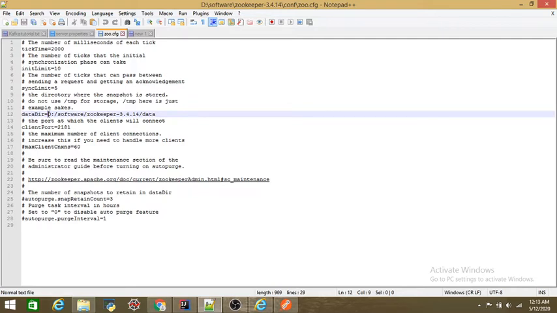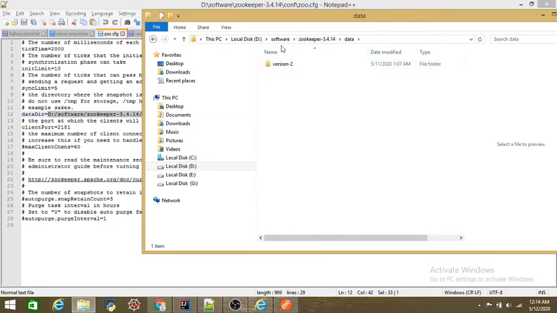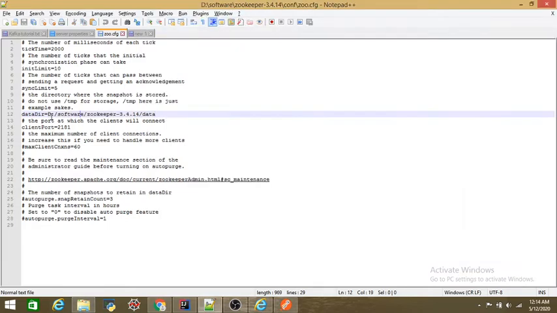For the data configuration, we need to provide the path of the data. Just go to the main path of Zookeeper, create a data folder here, and give this path here. As you can see, we have created a data folder. In the beginning it will be empty. You also have to create this data folder, copy this path and paste it here. So this is the data directory. The rest of the stuff you can leave as default: the tick time, init limit, and sync limit. The port is very important. The default port where Zookeeper runs is 2181, so leave it as it is.